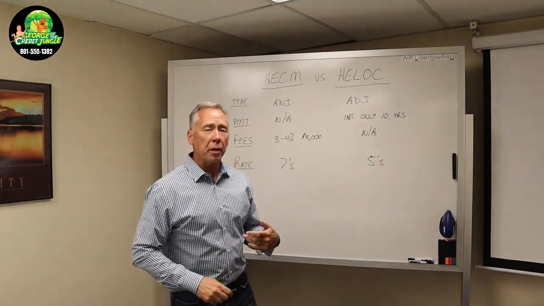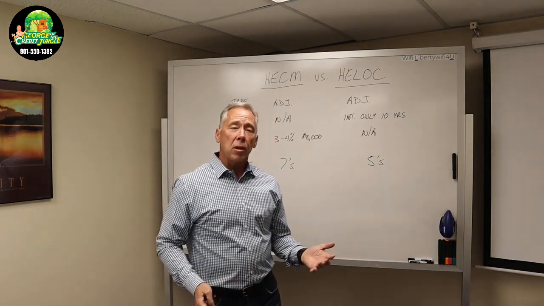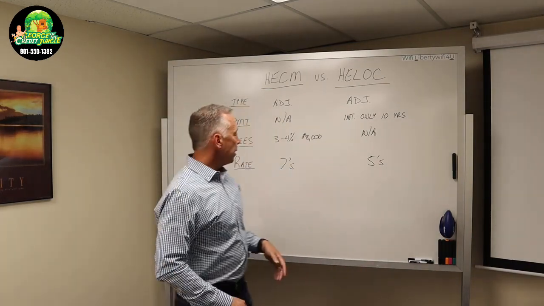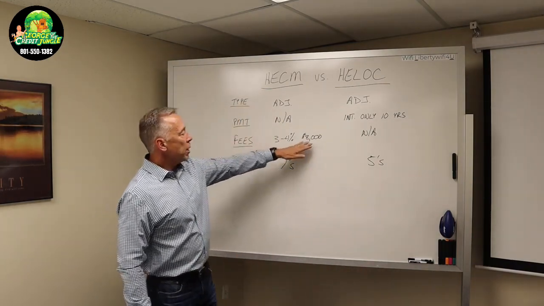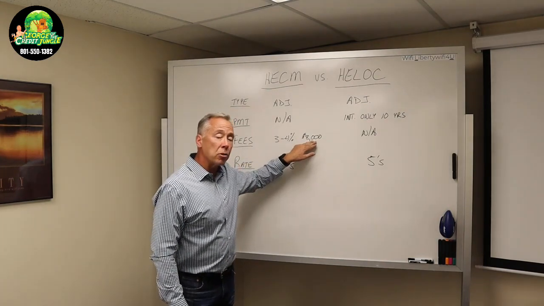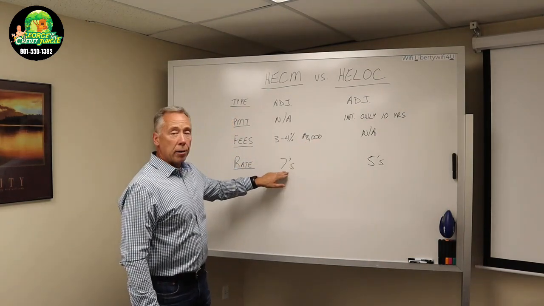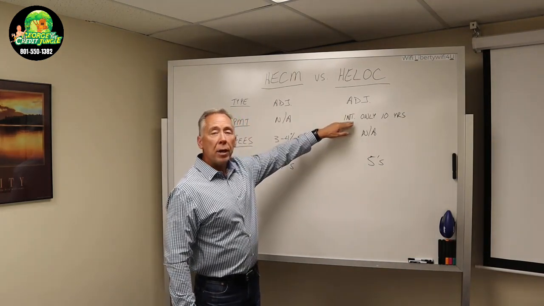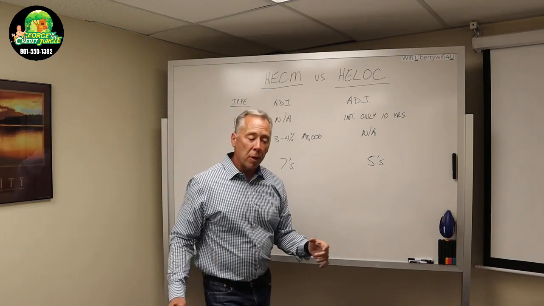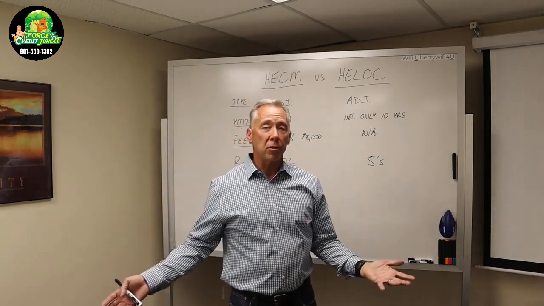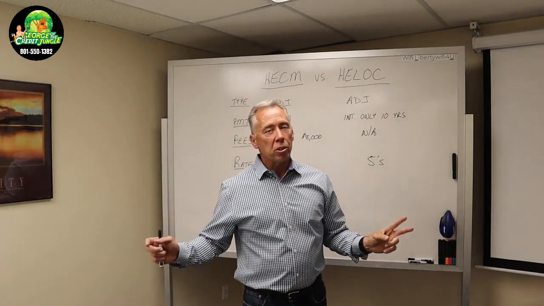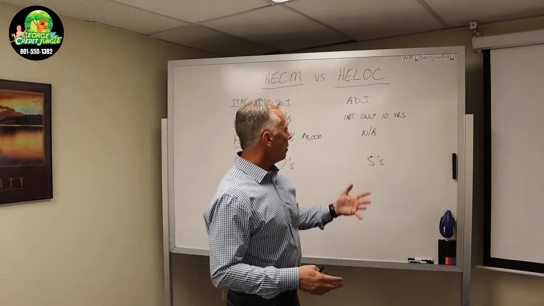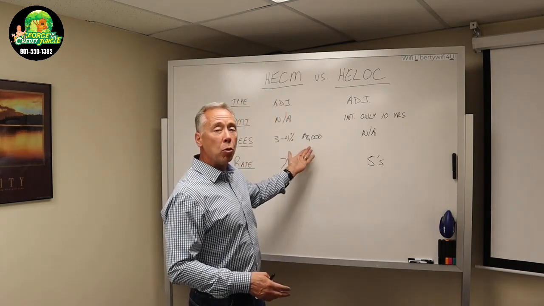Just remember, anytime that we're talking about money and getting finances, there is a cost associated with the money. There's going to be positives, there's going to be negatives. But do you want to spend $8,000 or have your parents spend $8,000 to get a higher interest rate, or do you want to have no fees, a lower interest rate, but have a payment? Well, guess what? When I've sat down with couples on this, normally on a reverse mortgage, these decisions are made by a family. They are made together. And when the kids understand how fast the equity would erode